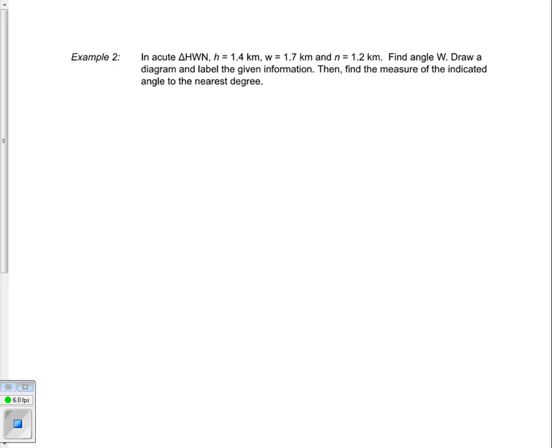We're going to continue on with cosine law. In this example, we've got an acute triangle, and the triangle is labeled as H, W, N. And we're also told that the length of side H, so side H is over here,